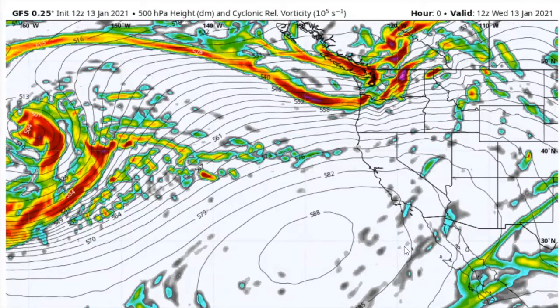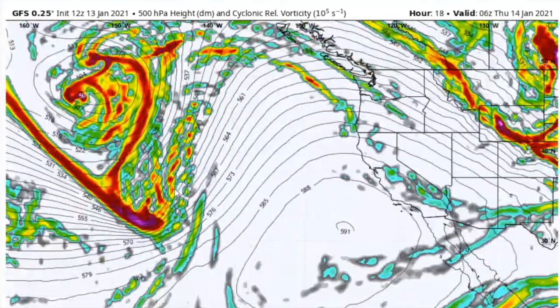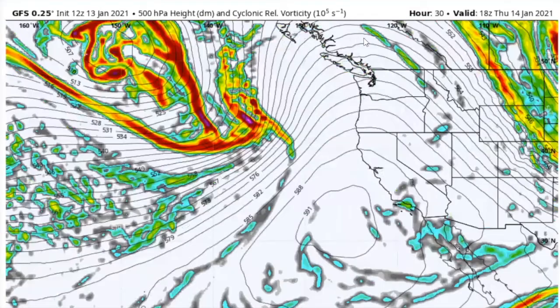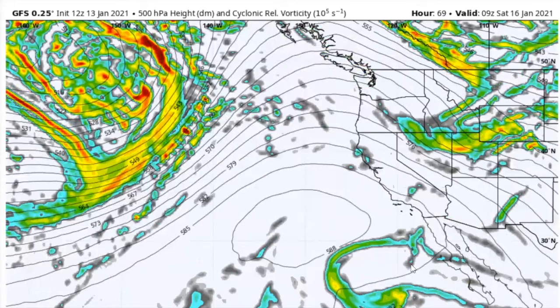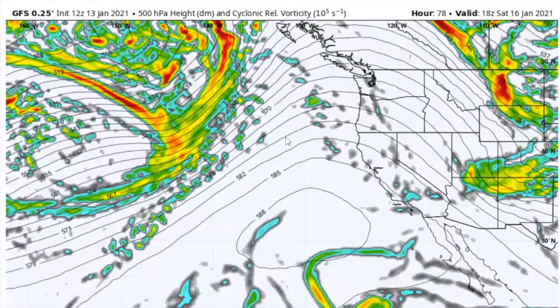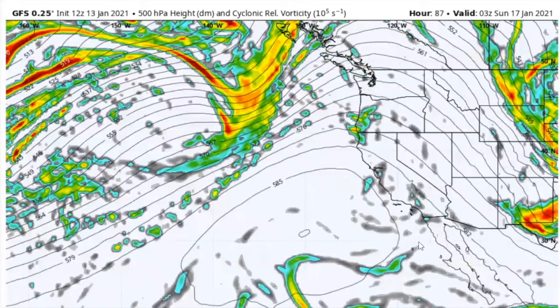I'm going to put it into motion. What we're looking at here in Arizona is very quiet weather. You'll see these hot colors are the storms. And when we put it into motion, you'll see the way the atmosphere has been behaving in a very La Nina way, up over the top. We're going to go into the forecast future. We're starting right now on this Wednesday, and we just loop it. This storm we saw out in the Pacific is going to go up into the Northwest, then it's going to come down. Then the next one goes up in the Northwest and comes down. It's just like this thing out here is blocking everything, this huge area of low pressure.